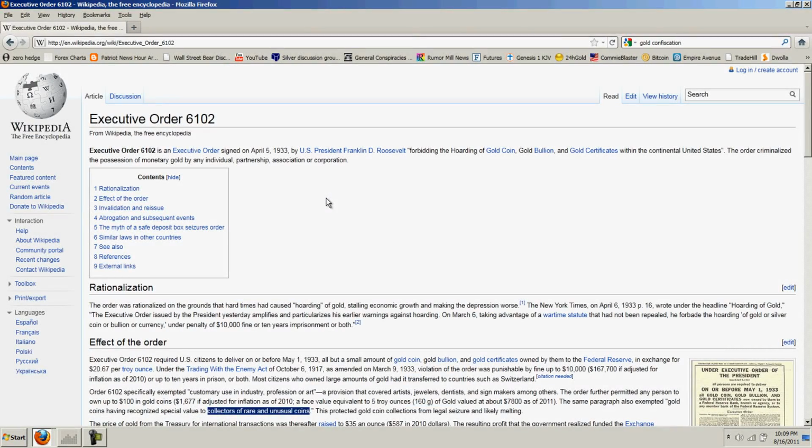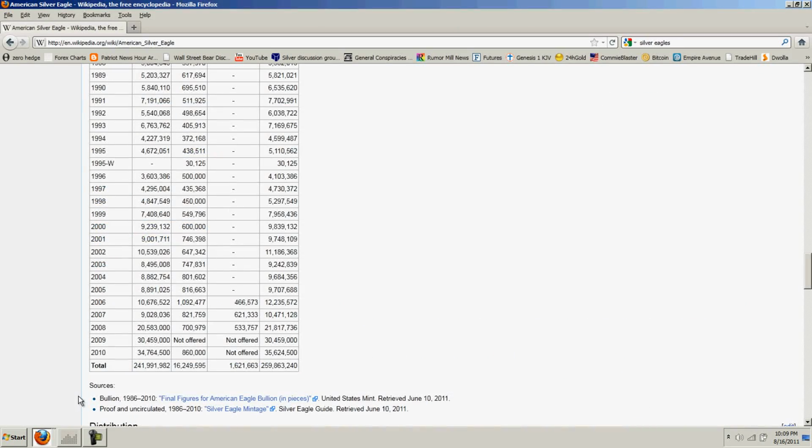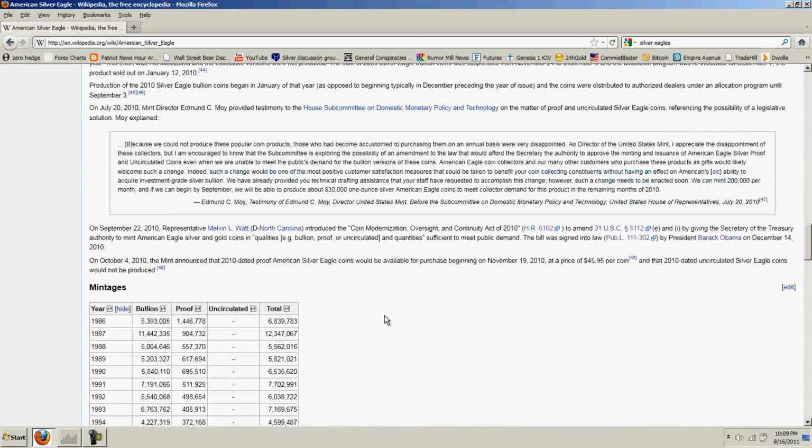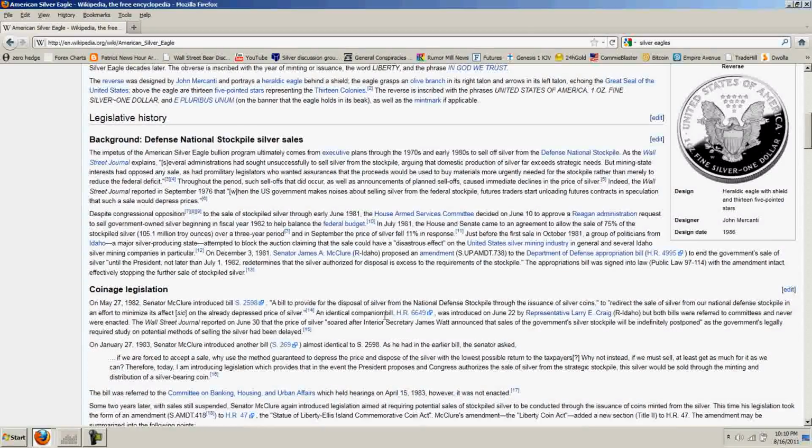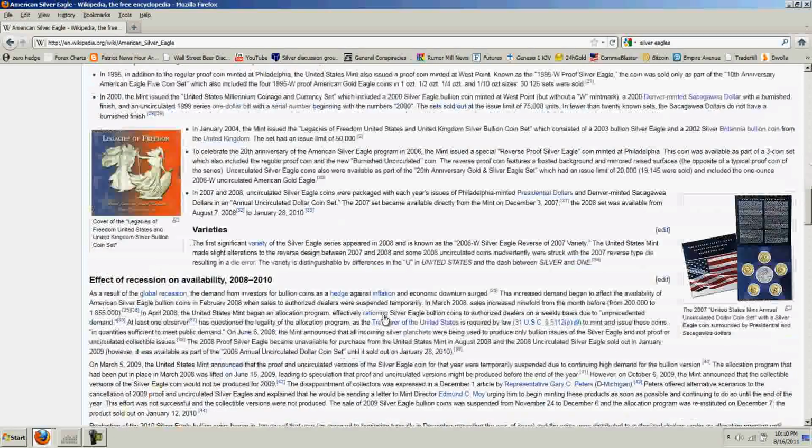And I wanted to talk about what people are saying is going to be a silver confiscation. This has to do partly with the FOFOA article and critique that I need to complete, the last topic, but first, let's just get an idea of the numbers we're talking about. Let's jump over to the Eagle series. This is the Wikipedia entry on the American Silver Eagle.